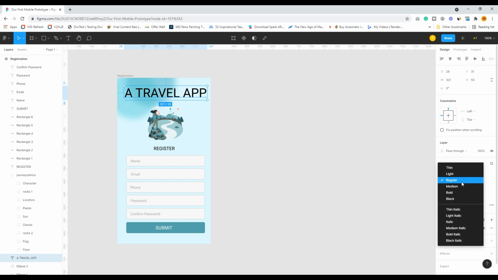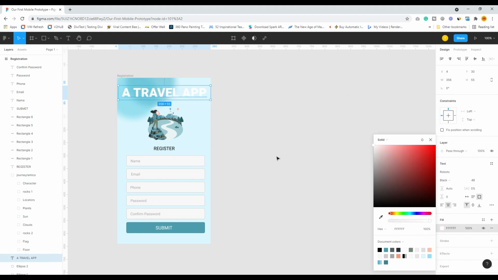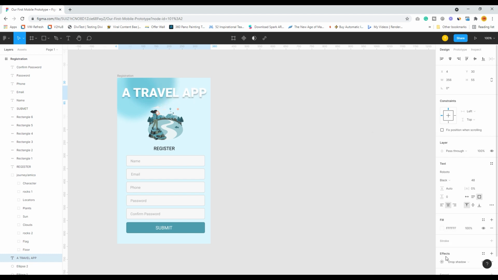I can just click on this and say black so that it looks a bit bold, and even I can change the color to white and put a small drop shadow effect. I can customize the drop shadow and take it wherever I want it.